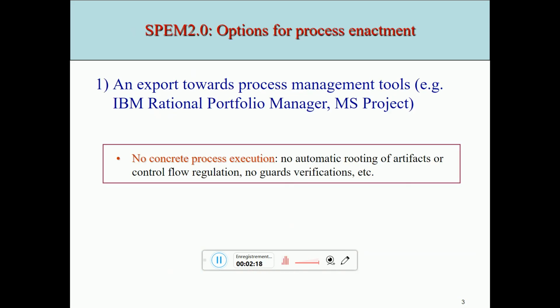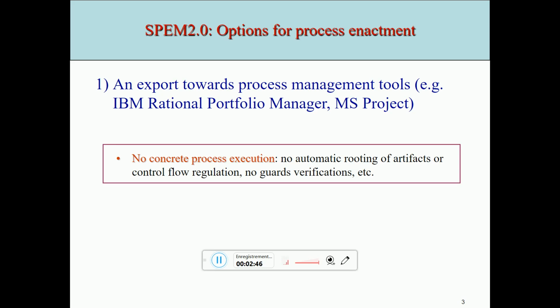But when we looked inside the standard, there are actually two options proposed for process enactment. The first one was to propose an export to process management tools like Microsoft Project or IBM Rational Portfolio Manager. But the thing with this approach is, there is no concrete process execution.